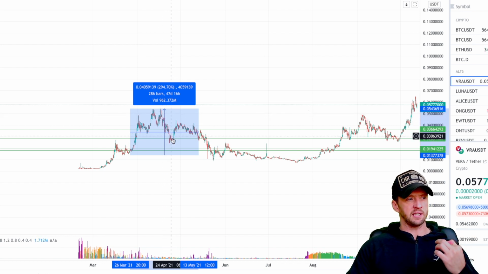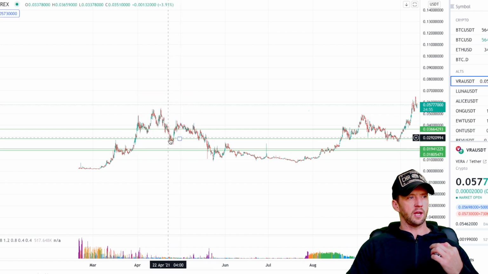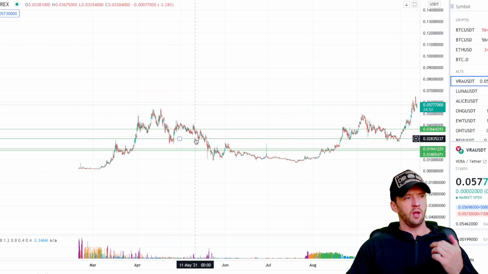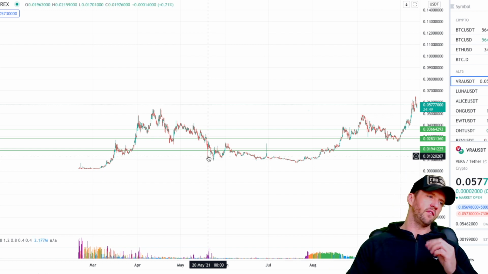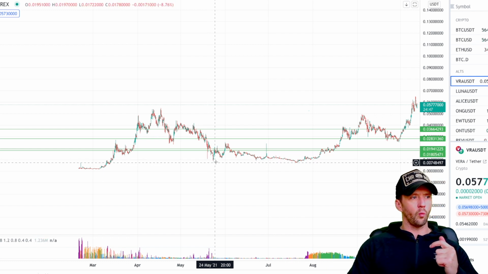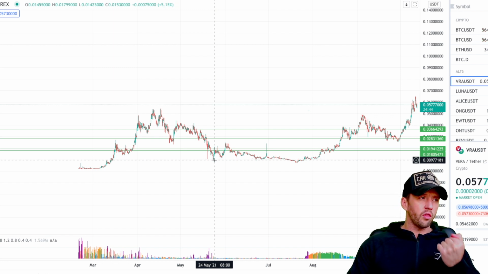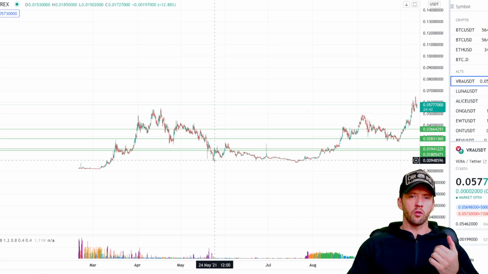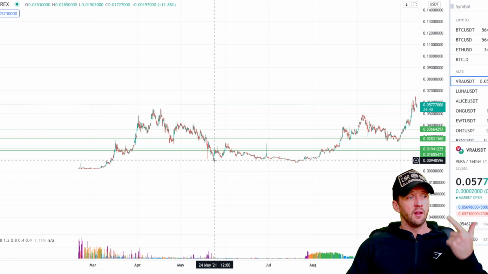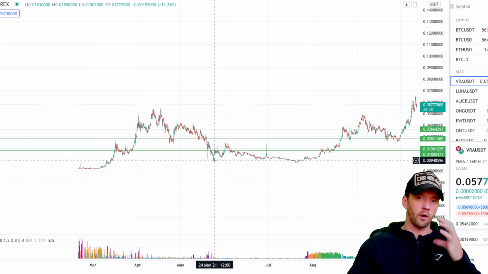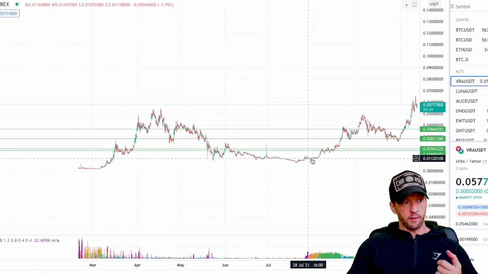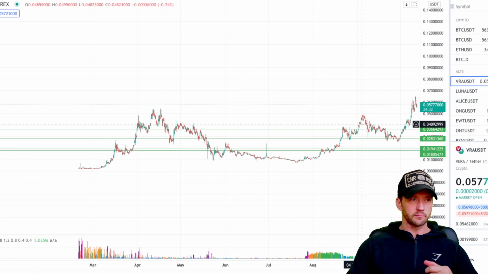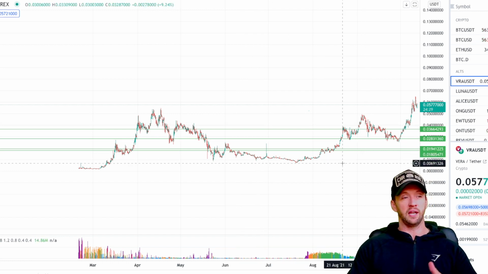Then we had the massive correction. As you can see here, it went all the way down here. And this is why I started buying VRA token again, because when it was down here, I pretty much believed in it. I thought the use case is banging, the absolute fundamentals of it. I was so bullish on it that I bought it back up and it didn't go anywhere for a long, long time. And I've hodled it and I've hodled it and I'm still hodling it,